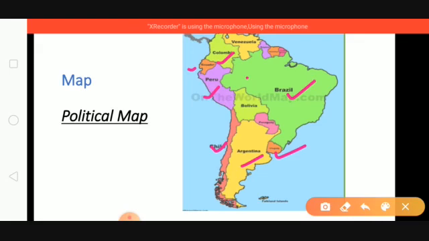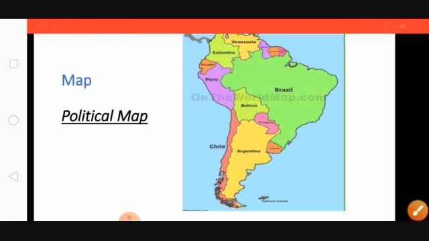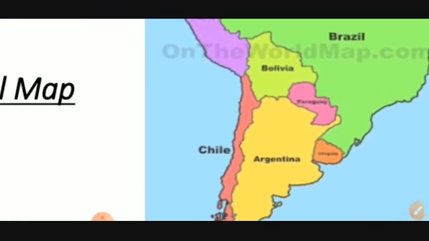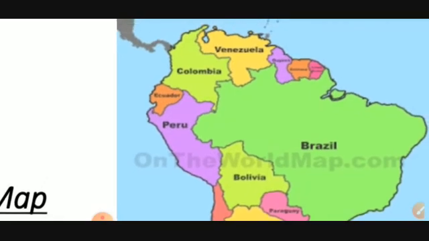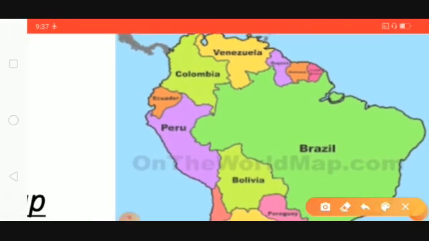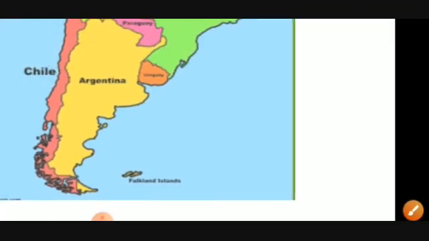So these are the places which you have to mark: Colombia, Ecuador, Peru, Chile, Argentina, Uruguay, Brazil. Once again, let's make it big and see. This one is Uruguay, Brazil, Colombia, Ecuador, Peru, and nearby Ecuador you can mark Galapagos Island. And the last one is Cape Horn.